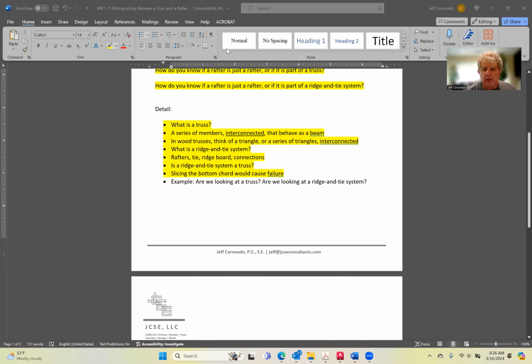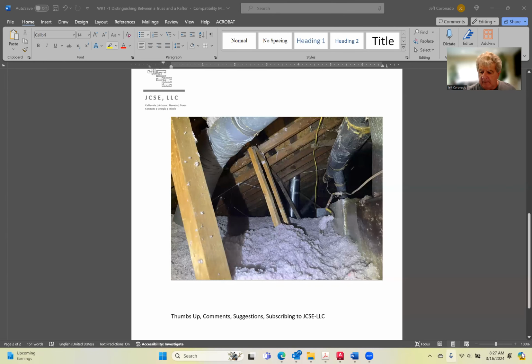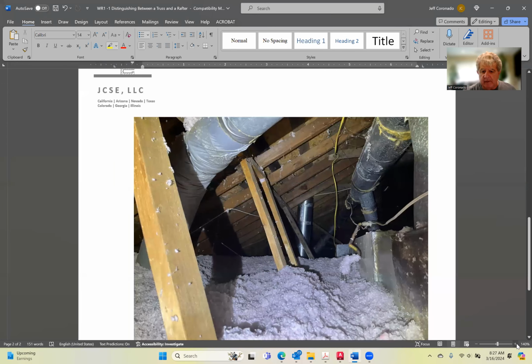So one of the things that we had said is a truss is a series of members that are interconnected. Interconnected. Let's go back and take a look. Are these vertical members connected to what is the top chord of this truss? And the answer is no, right? These vertical members, and you know what? Let me even do that, and let me see if I can zoom in a little bit, because it should be clear, but if it isn't, if we zoom in a little bit,